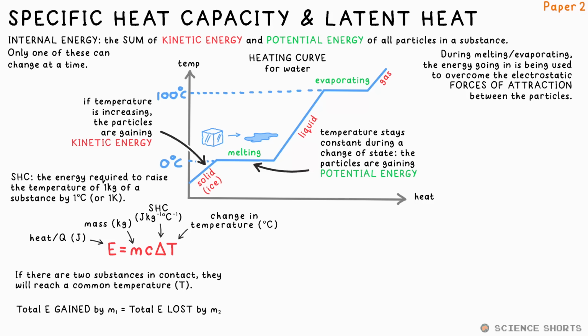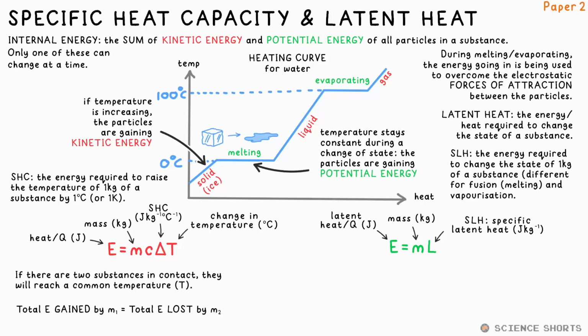During a change of state, the temperature stays constant, so we can't use the specific heat capacity equation. Instead, we use the SLH, specific latent heat equation. SLH of a substance tells you how much energy is needed to change the state of 1 kilogram of it. You probably know all of this from GCSE, to be honest, but the questions you can get can be fairly